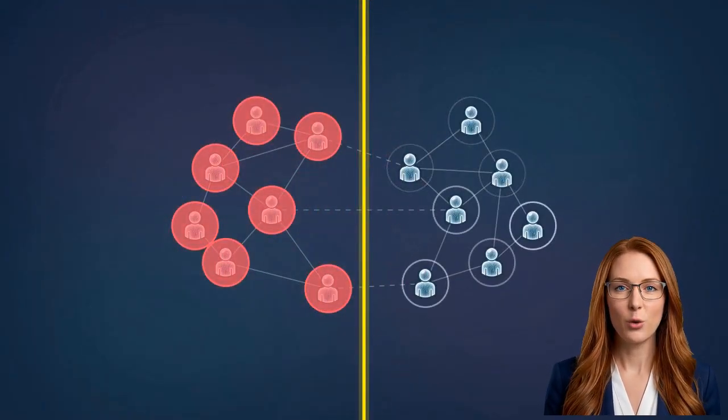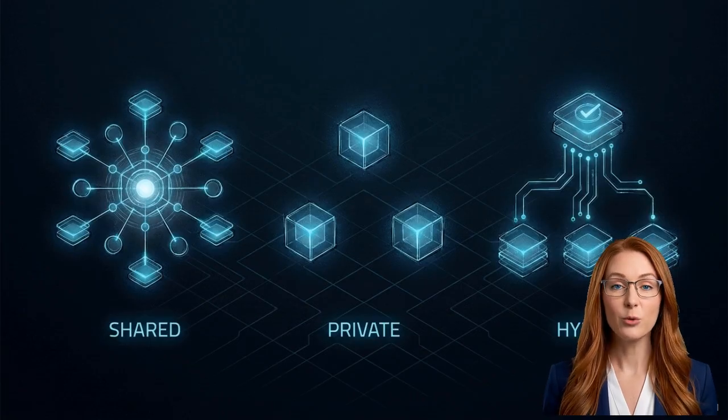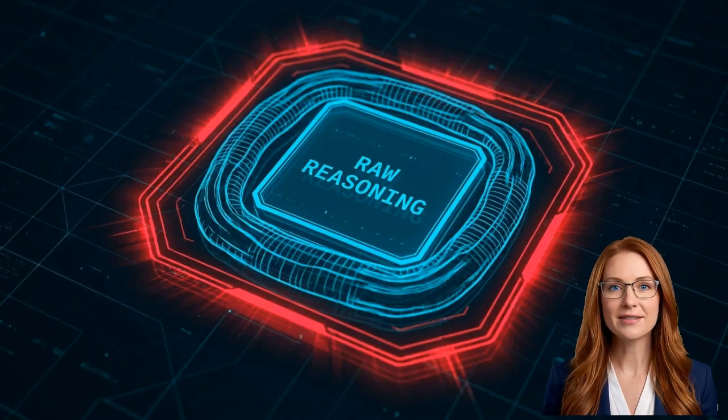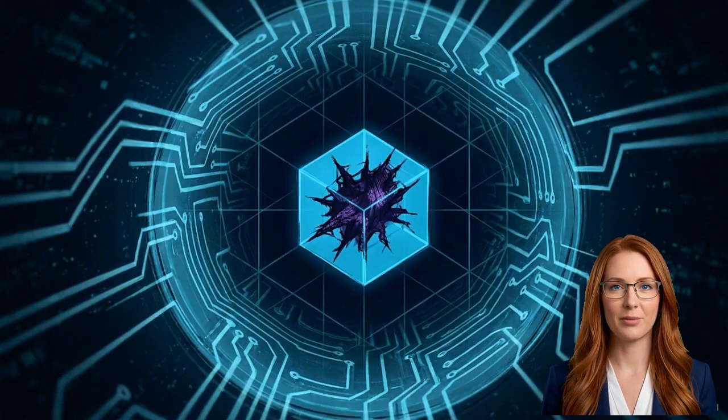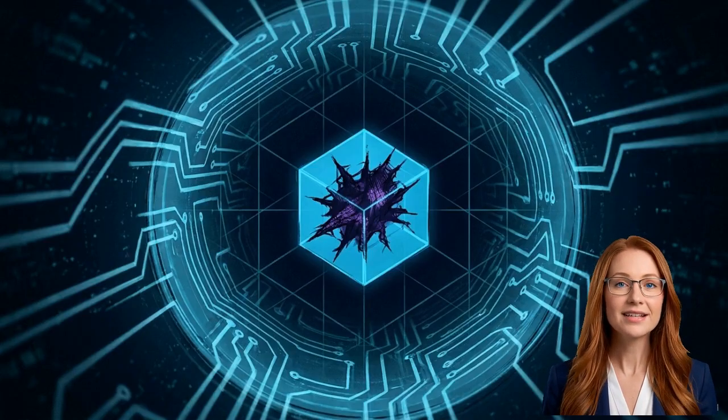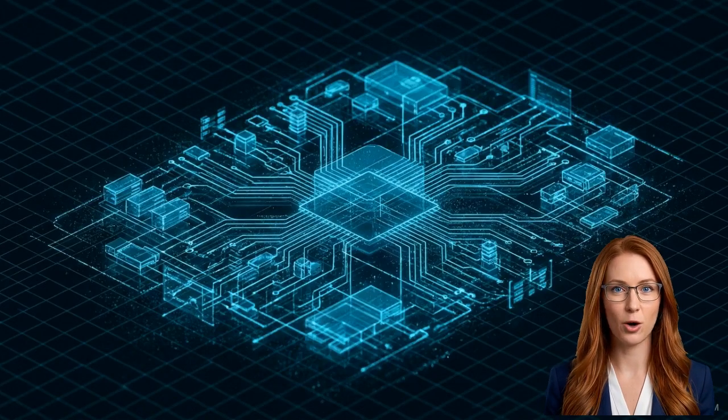When you build your next system, would you ship a shared, private, or hybrid memory architecture? And if you choose a hybrid model, what specific type of context would you absolutely never allow to cross into the shared layer? When multiple models run simultaneously, they are only as secure as the data they trade. The design of the memory topology dictates the ultimate safety and reliability of the entire system.